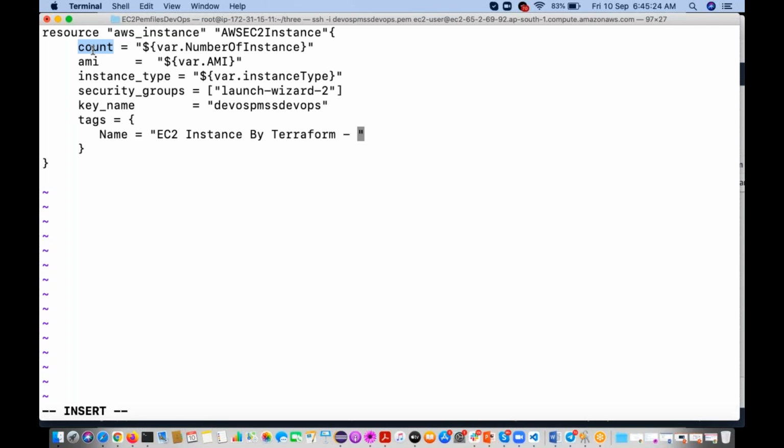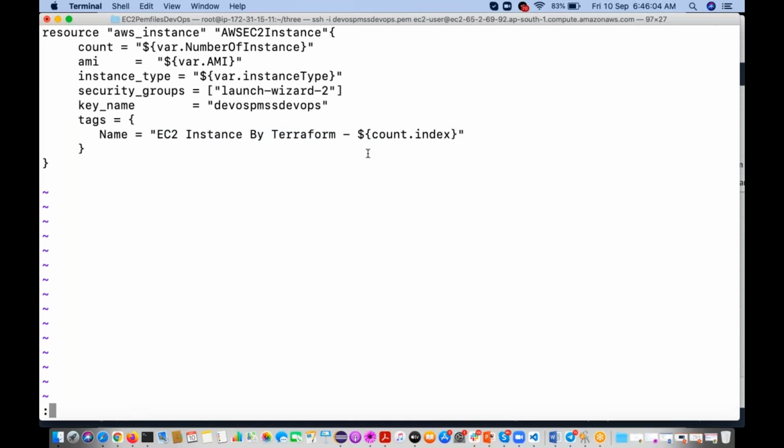The index is going to start from 0 here. For that we use the dollar symbol, flower bracket, and within the flower bracket the variable name count.index. This count is the one variable that contains the number, and from that I'm going to get the value. So what will happen? It will be instance by Terraform 0, instance by Terraform 1. Like that, it is going to give the names.